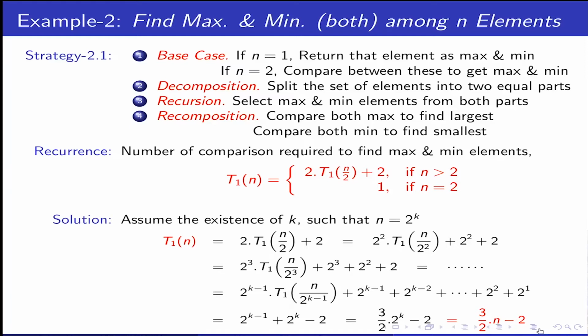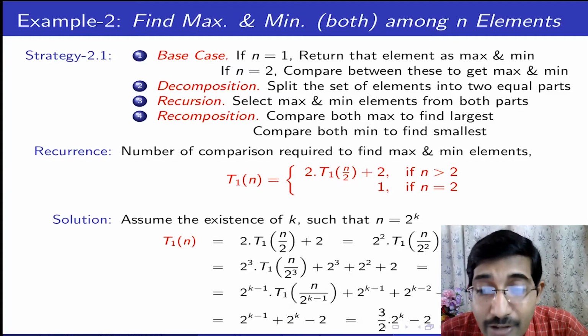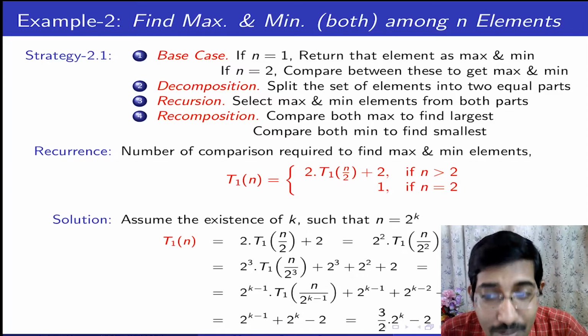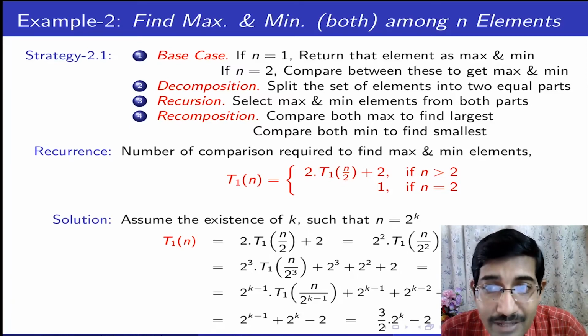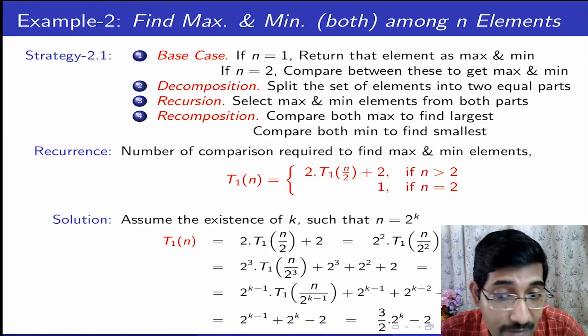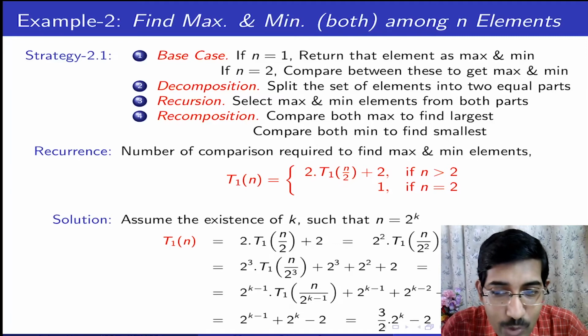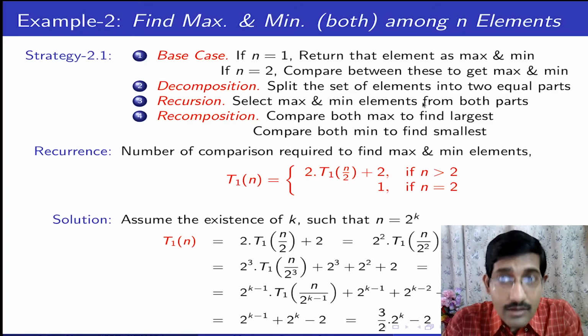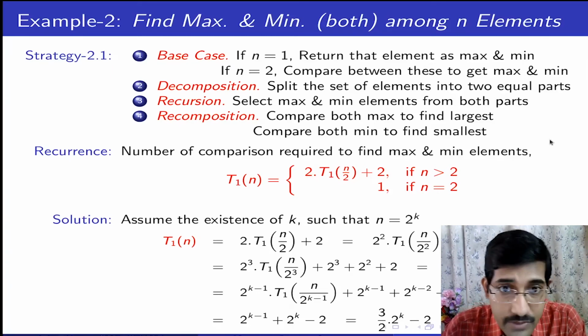Because if we do the max once and compute the mean once as per the previous strategy, I will get n minus 1 comparisons for max and n minus 1 comparisons for mean. However, if we have this kind of a divide and conquer approach, I am saving a little bit, n by 2 times. Because earlier it was 2n minus 2 if you separately do for max and mean. This equal size split gives me n by 2 times comparison savings. Isn't it? Instead of 2n minus 2, you are getting 3 by 2 n minus 2. So this helps. So instead of doing it twice, once doing everything with a half split helps.